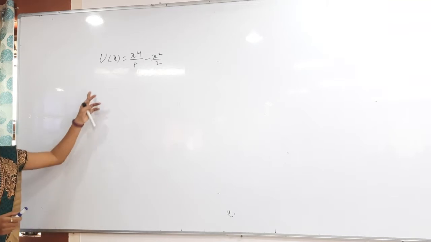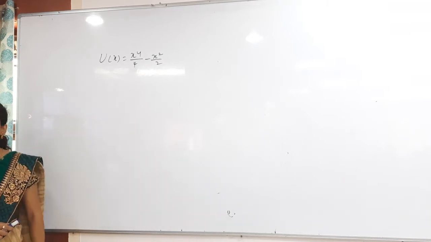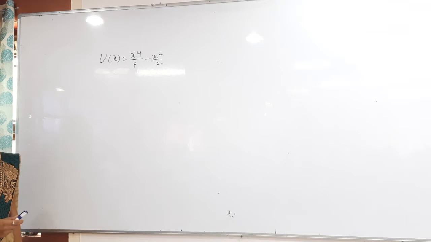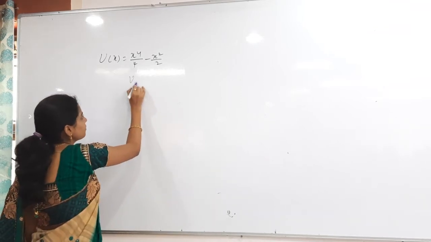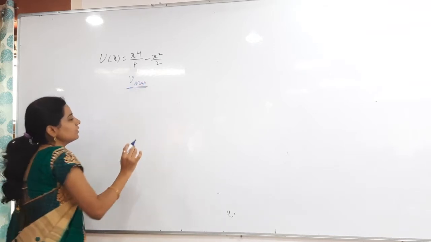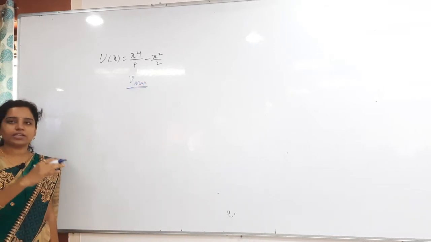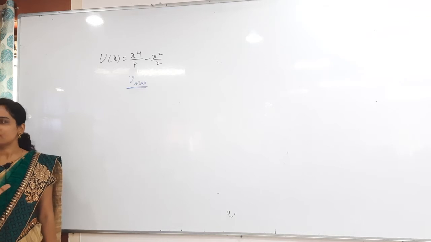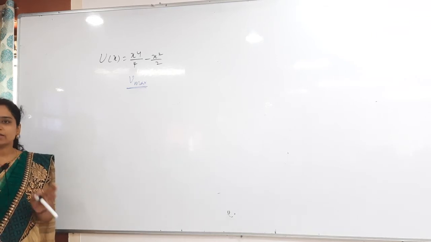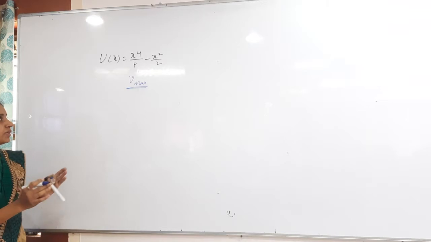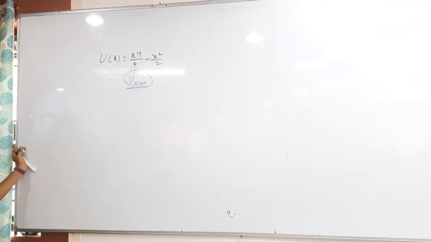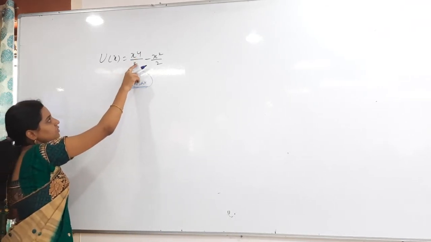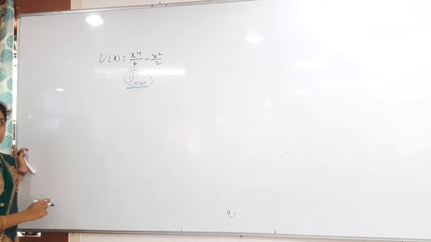So here U(x) = x^4/4 minus x^2/2, I have given. In that I am asking to find the maximum speed, V maximum. For that, directly without any twisting, we can do the problem, but the actual method is different. I will tell you the shortcut method. Whether it is maximum or minimum, we have to find which speed. For that, U(x) = x^4/4 minus x^2/2.